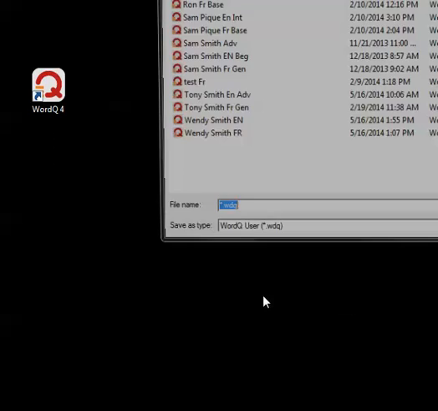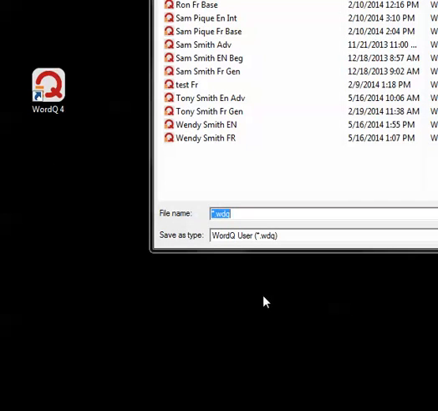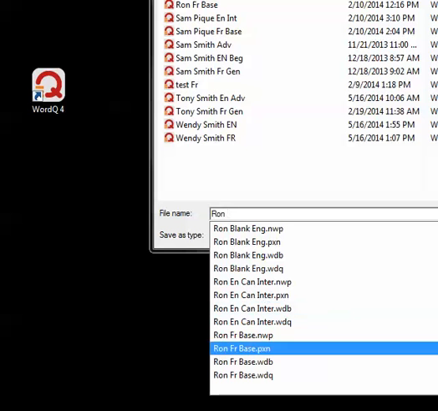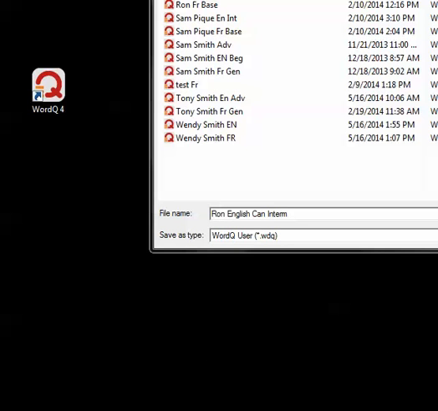When I say next, I give the file a name, and you'll notice that there's a list of names already saved from a previous version of WordQ, and this version here will upgrade version 3, so there is no danger. Your existing files will still exist. So once you've selected your